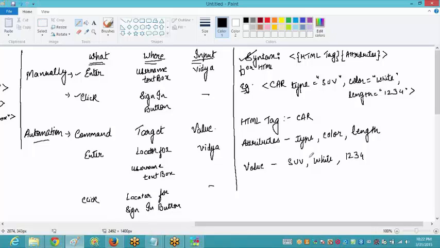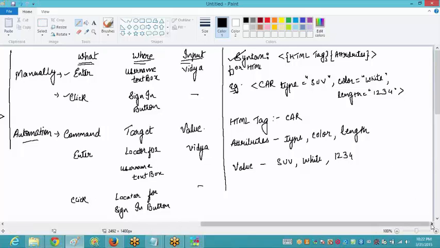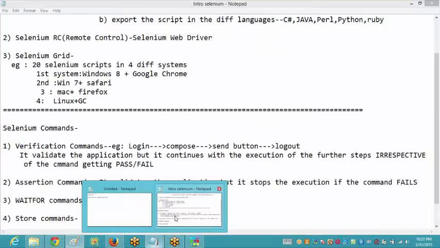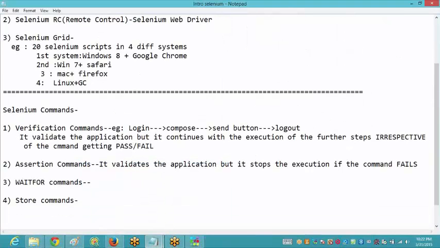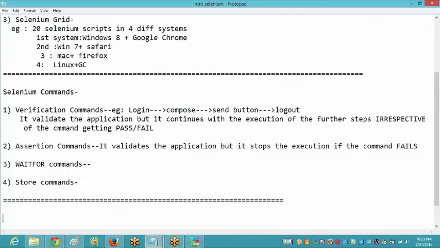Okay, now I'll show you how the things would be present. See, the locators that would be present in Selenium, there is a certain set of locators, and they are to be used in a proper order only.